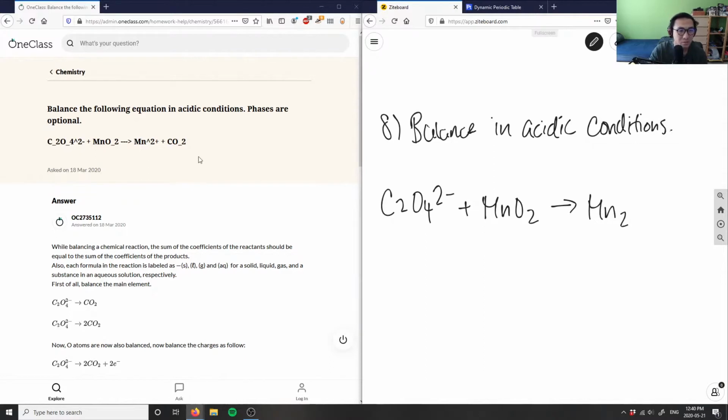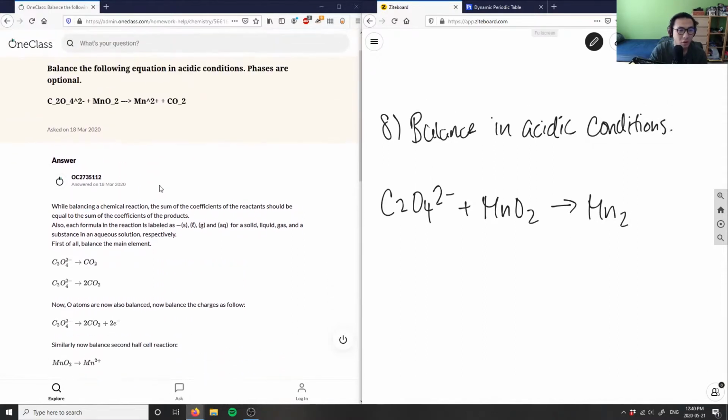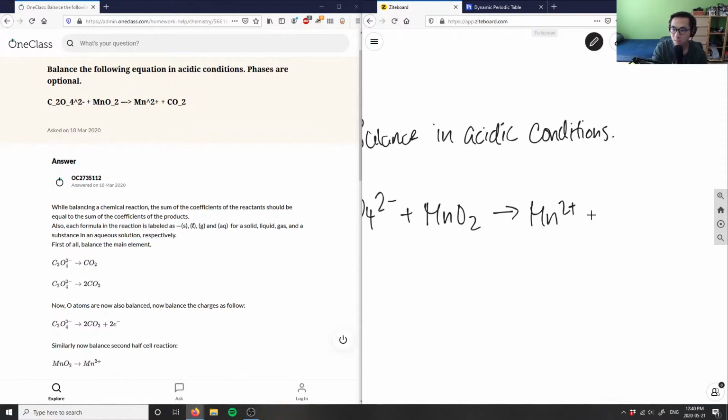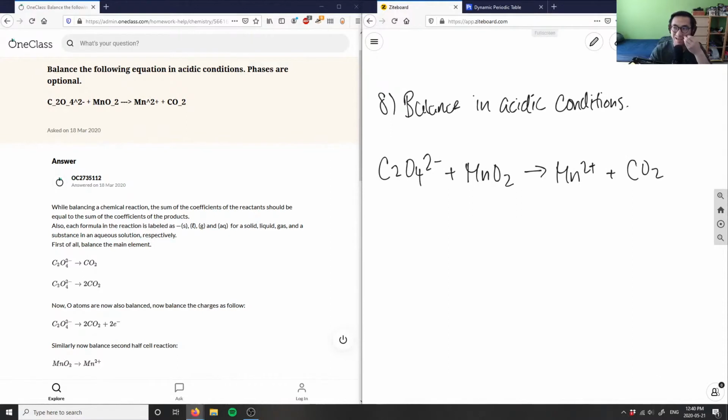Is this Mn2? Oh, Mn2 plus. Yes, Mn2 plus. That makes more sense, because manganese is not diatomic. Mn2 plus and CO2. Okay, so what I want to do, if I want to balance in acidic conditions, this is going to be